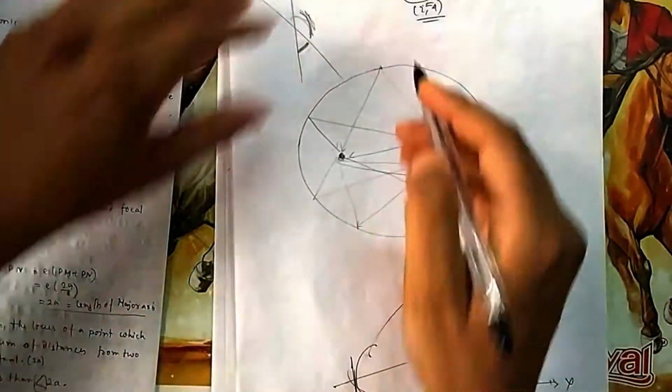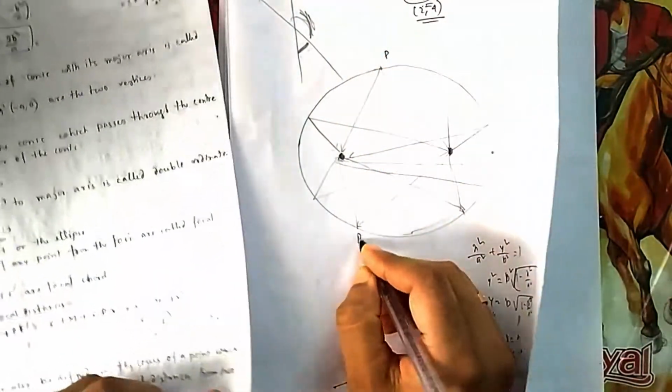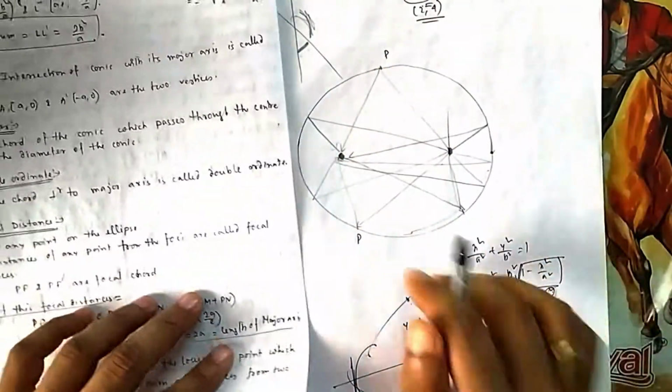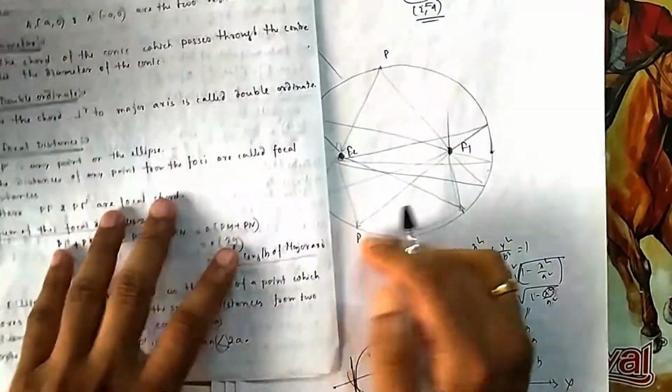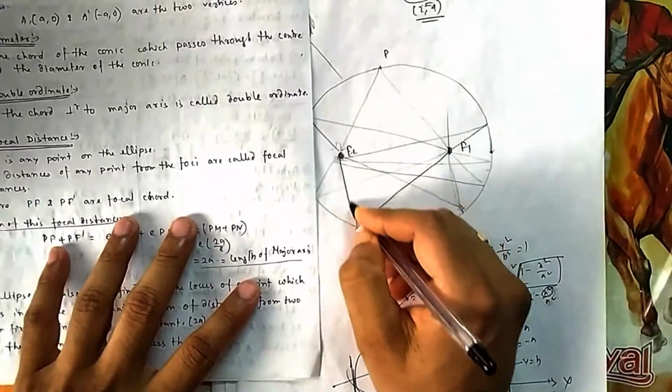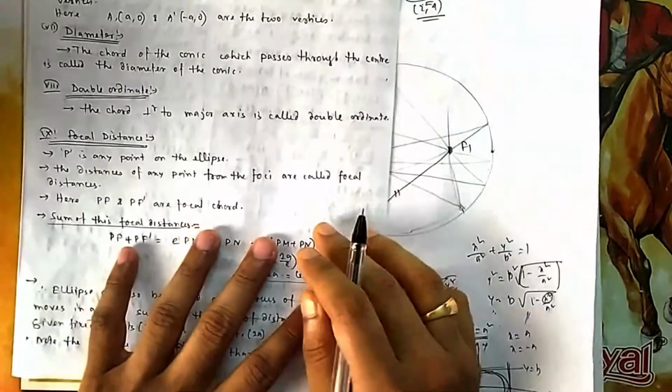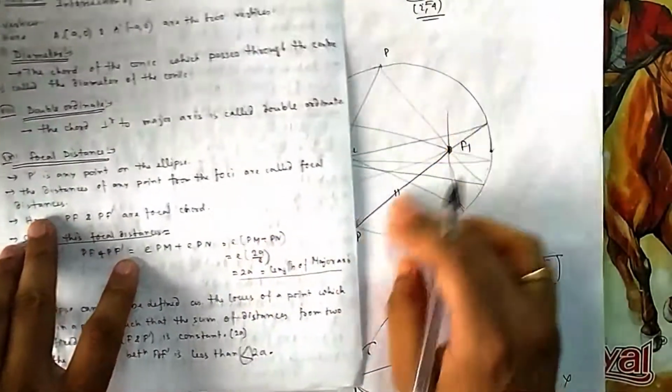This was our drawing. So this was a different point we have taken. You remember this was the point that I have taken in this. So this was your focus 1, this is your focus 2. So P is any point. The distance from the focuses is known as the focal distance. This one, this one, distance from the foci is known as the focal distance of any point.